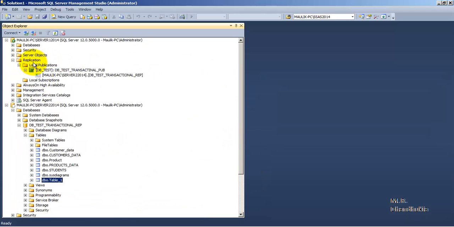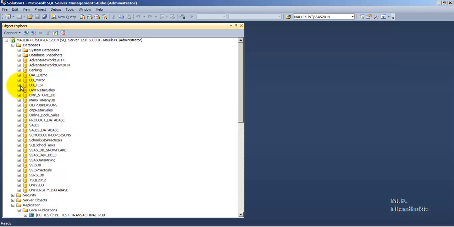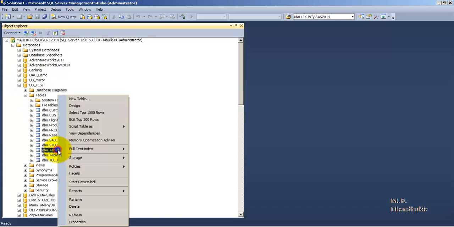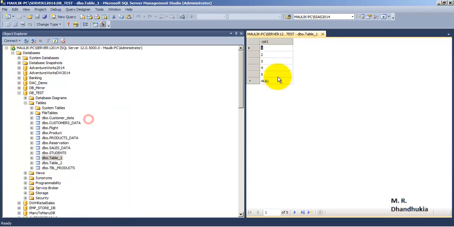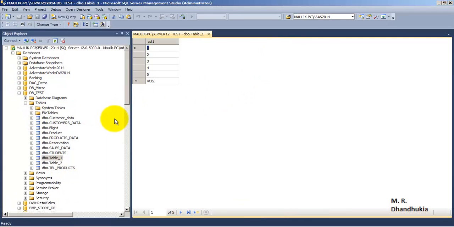Now let us go to the base table. In the publication database, there is this base database from where the data is getting published. In that there is a table called table 1, in which there are records from 1 to 5.